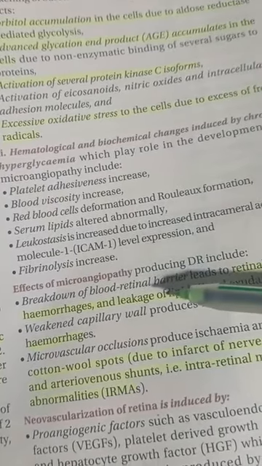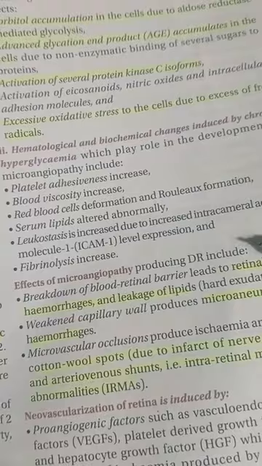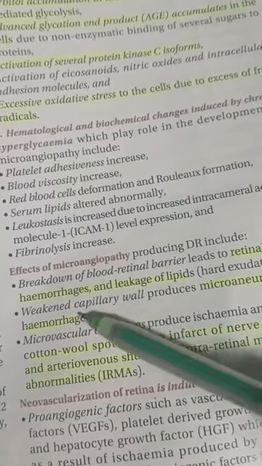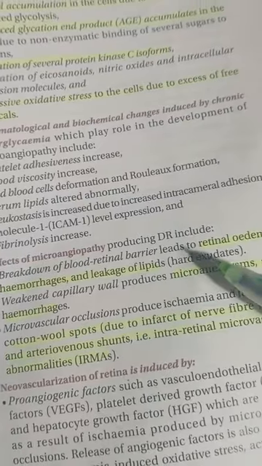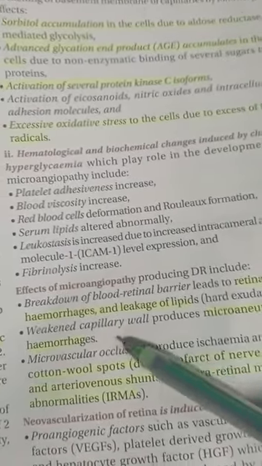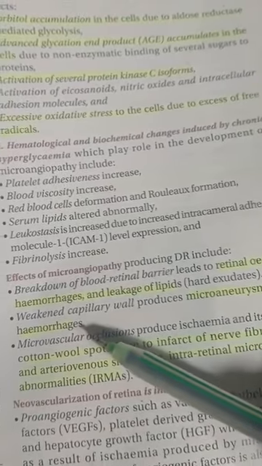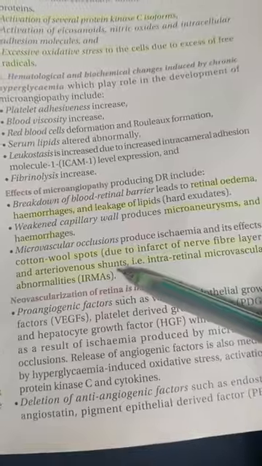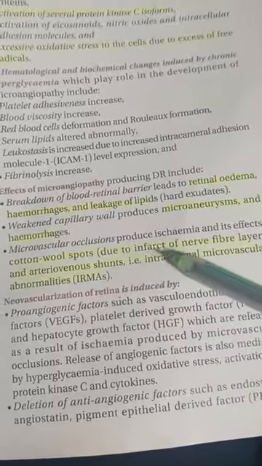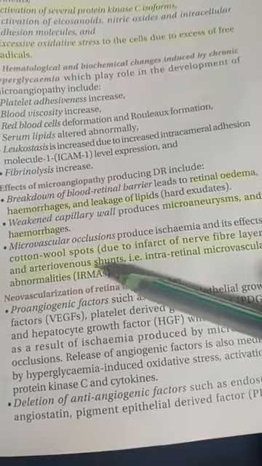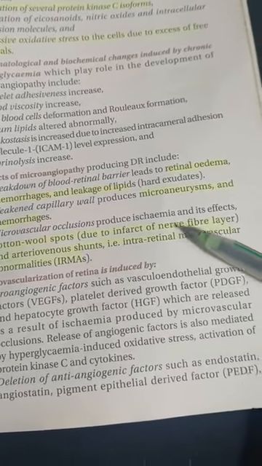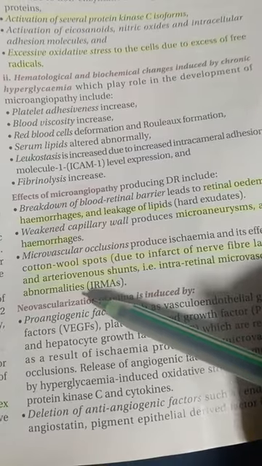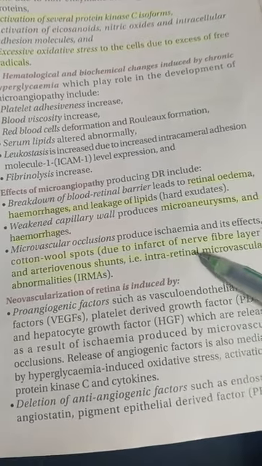increase. Effects of microangiopathy producing diabetic retinopathy include, first, breakdown of the blood retinal barrier, which leads to retinal edema and hemorrhage, and leakage of lipid; weakened capillary wall, which produces microaneurysms and hemorrhages; and microvascular occlusions, which produce ischemia and its effects, like cotton wool spots due to infarct of the nerve fiber layer, and arteriovenous shunts, that is intraretinal